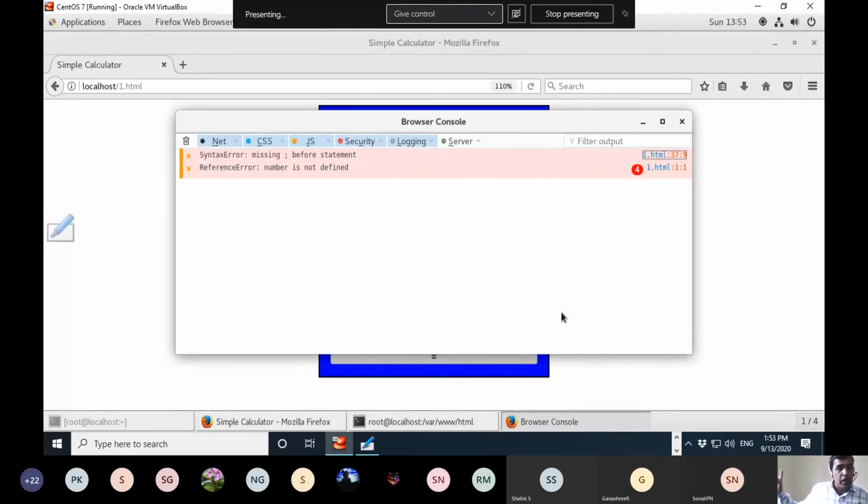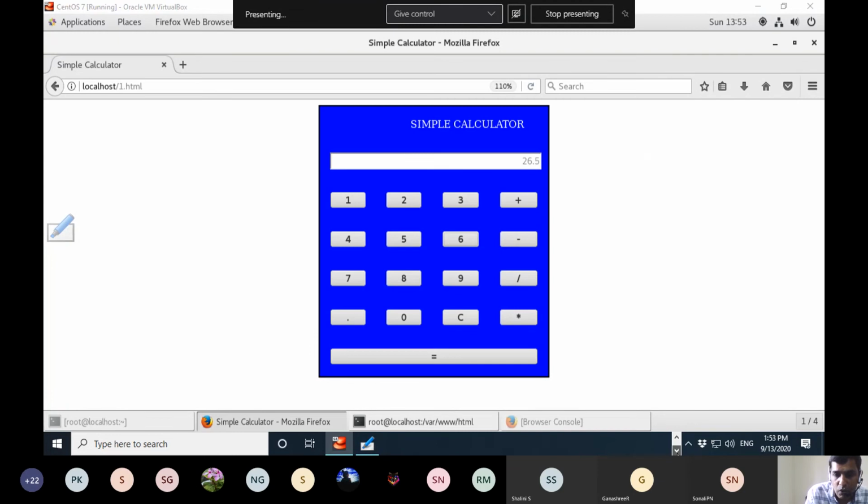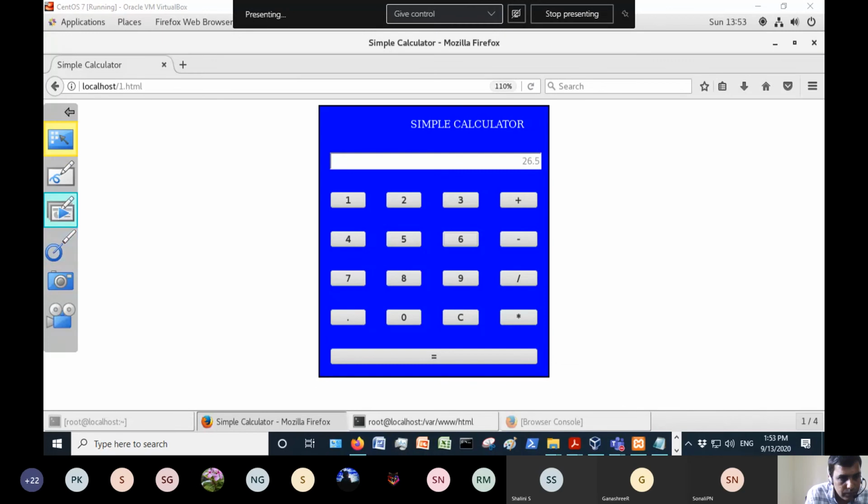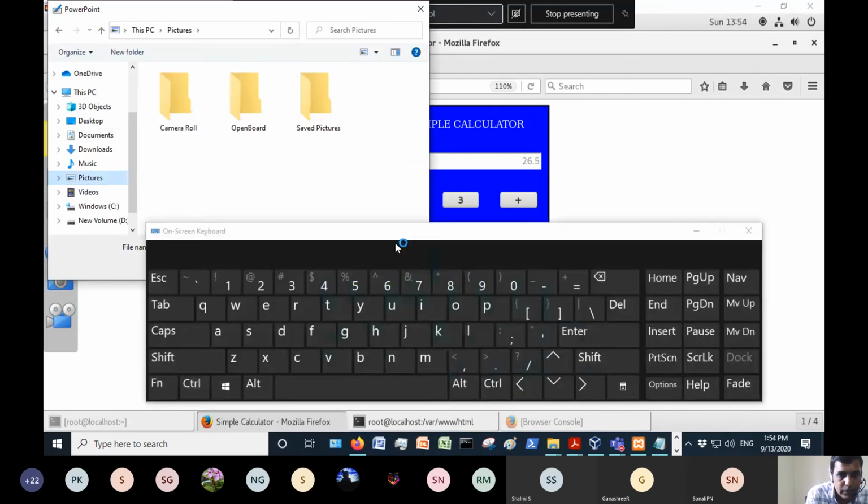Because PHP programs are executed by your Apache web server. So the browser doesn't execute it. So here you don't find any errors. Keep that in mind. So this is how you should find the JavaScript errors if there are any. So you should go for it. So let me now show you what the browser console, or error console, is.